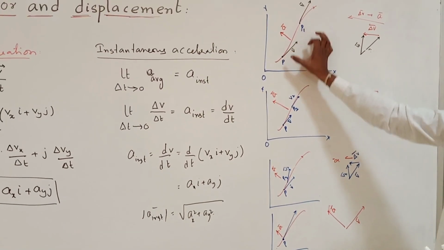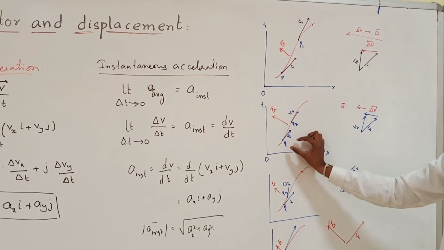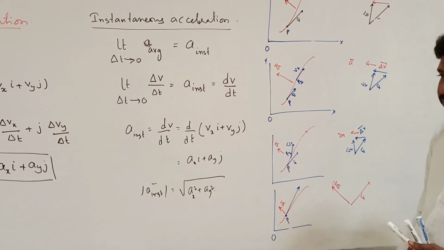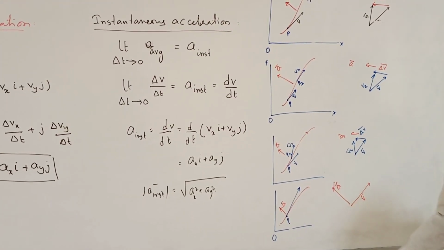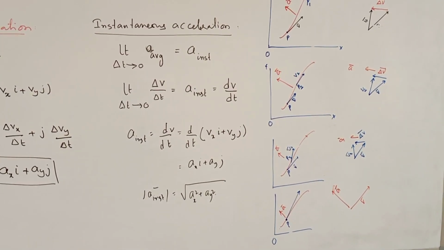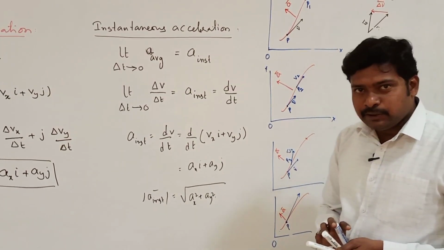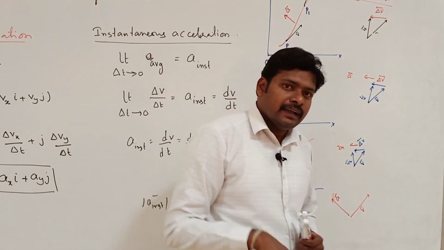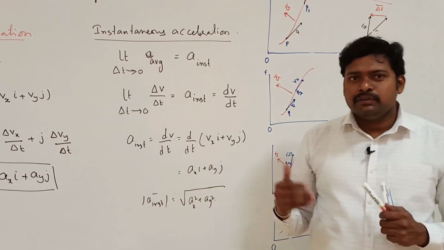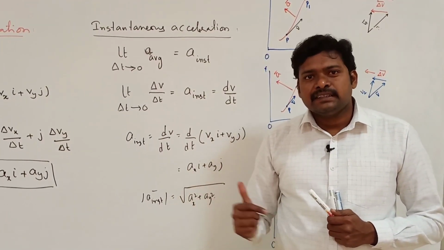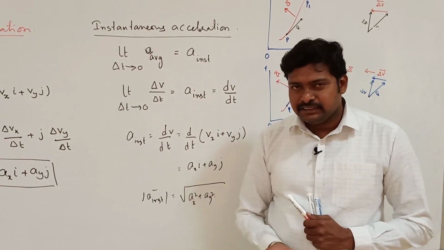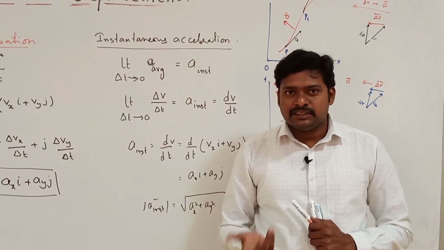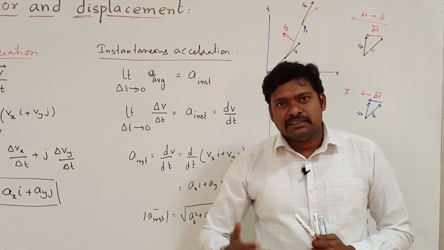In the first one, the interval between points is larger. As the time interval approaches 0, the average acceleration becomes instantaneous acceleration. In a straight line, particularly, the velocity and acceleration may be along the same direction or opposite. If the velocity is slowly reducing, acceleration is opposite to it, called deceleration or negative acceleration. If the velocity is increasing in a straight line, the acceleration is positive and along the same direction.